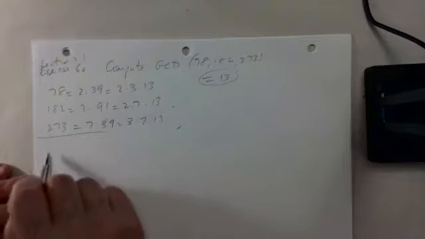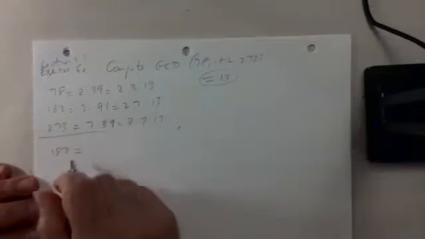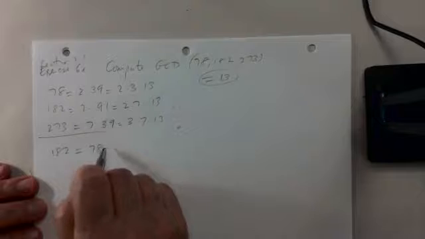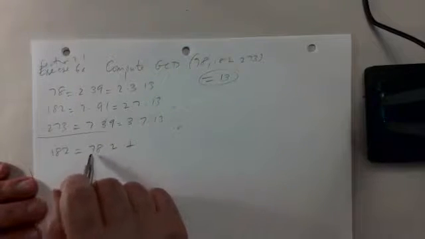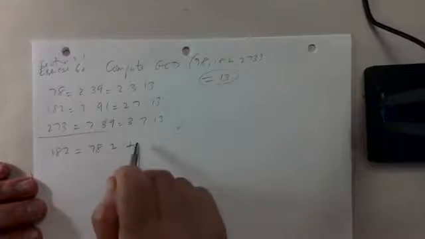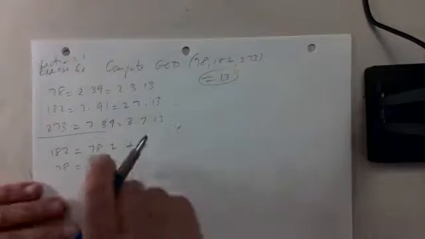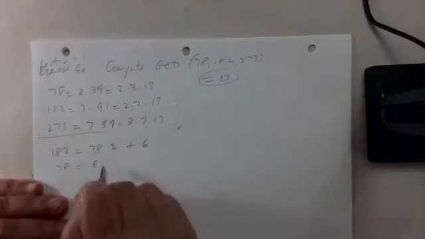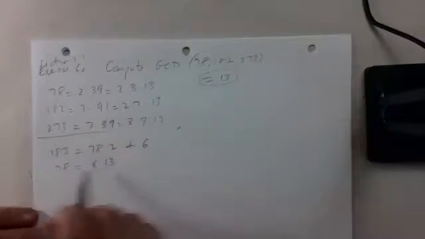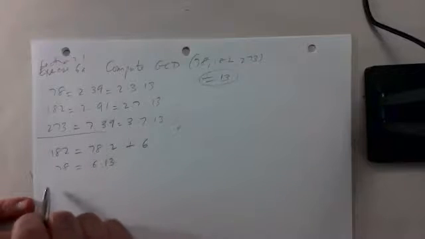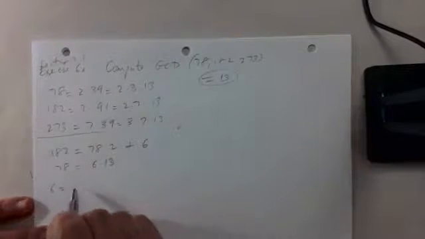Let me just do it quickly if I can. Suppose I want to find the GCD. I take 182, and this is 78 times 2. And what's the remainder? This is 176, is that right? Plus 6. Yes, sir. 78, if you divide it by 6, it goes in 12 times. No, it goes in 13 times, exactly 13 times. So the GCD is 6, and 6 is equal to